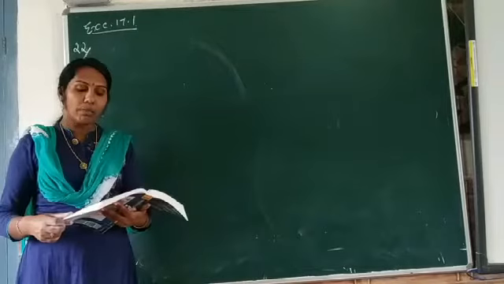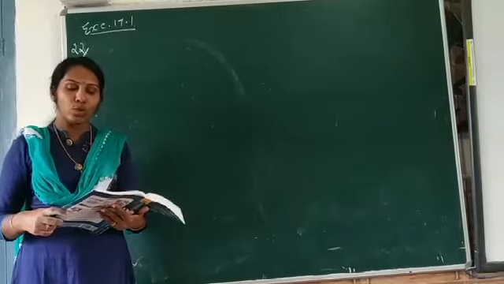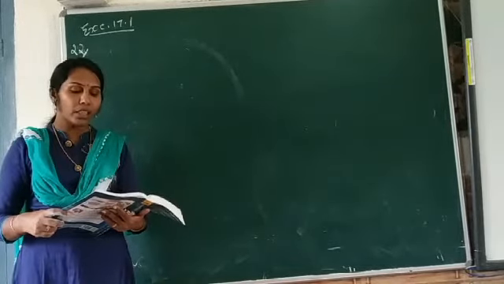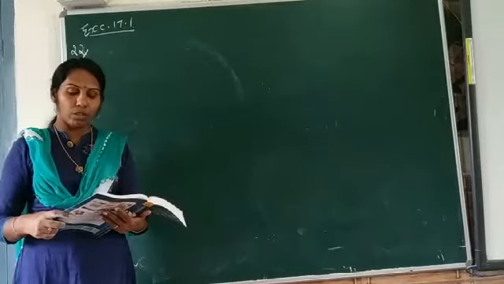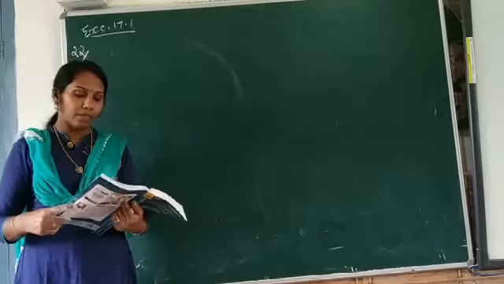Now question number 22. A cylindrical roller made of iron is 2 meter long. Its inner diameter is 35 centimeter and the thickness is 7 centimeter all round. Find the weight of the roller in kg if 1 centimeter cube of iron weighs 8 grams. So here